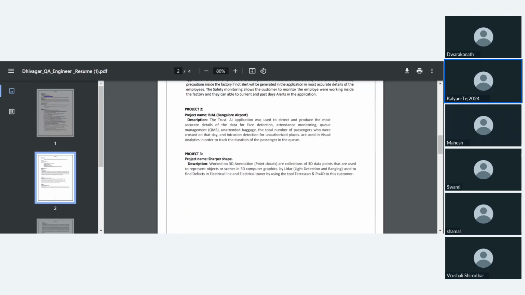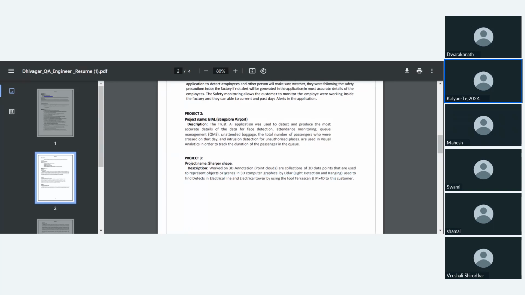Okay, so let's say you have around 7 to 8 projects. Always keep it very generic. In those 7 to 8 projects, first analyze yourself. You must be aware that in one or two of the projects you were not fully involved, only partially involved. Just mention only the projects where you were fully involved.